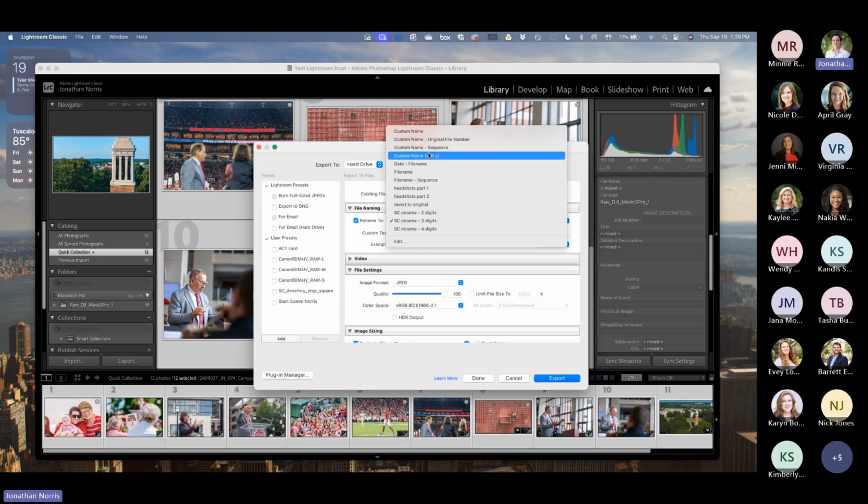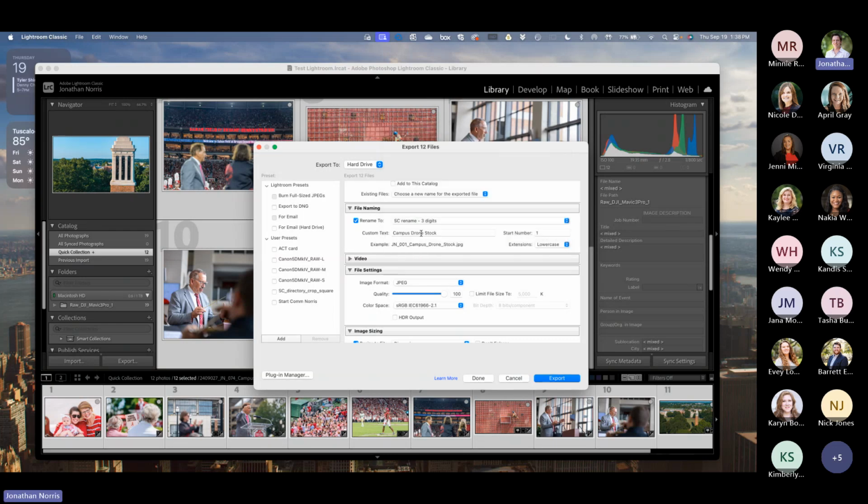You can do a custom name, have it date by the date, pretty much however y'all need to get it done, whatever you need. And then you have your starting number,